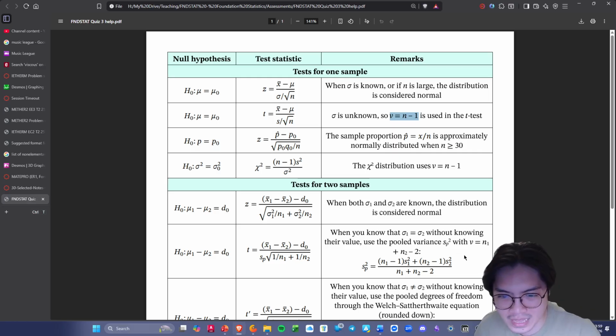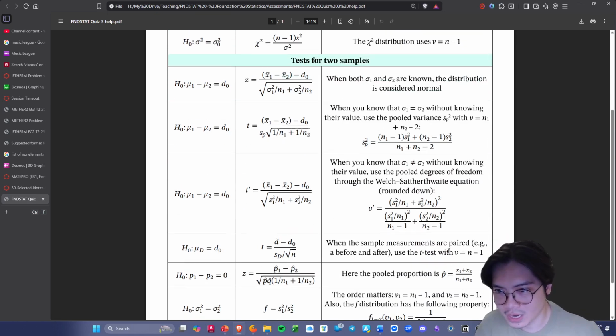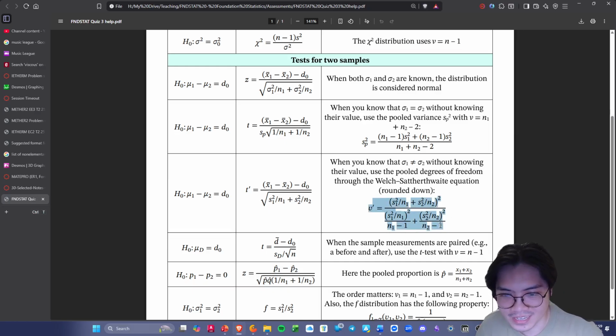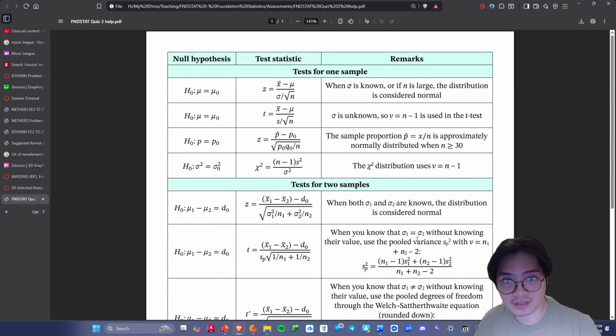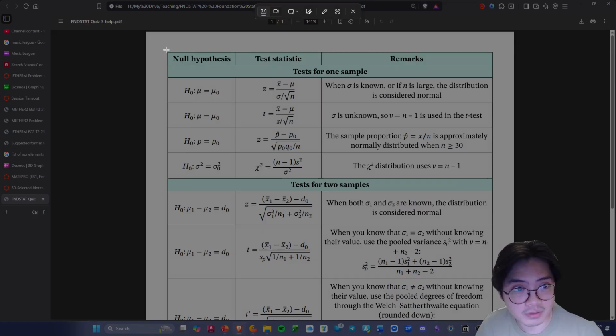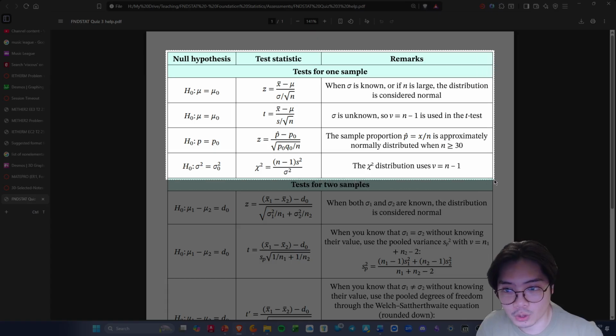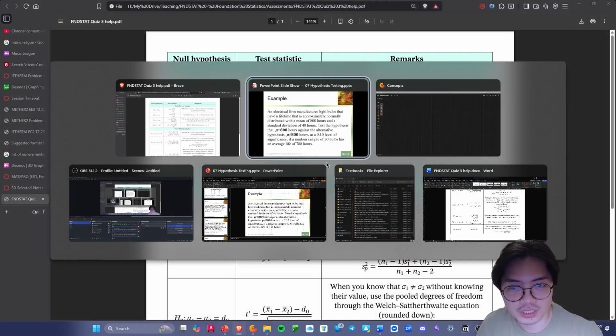It will most likely always be n minus 1, but you're never going to be able to fully know, especially for the more complicated ones, like the ones for 2 samples right here. It's never really n minus 1. So anyway, we will reference this help sheet, what I elect to call it, right here,